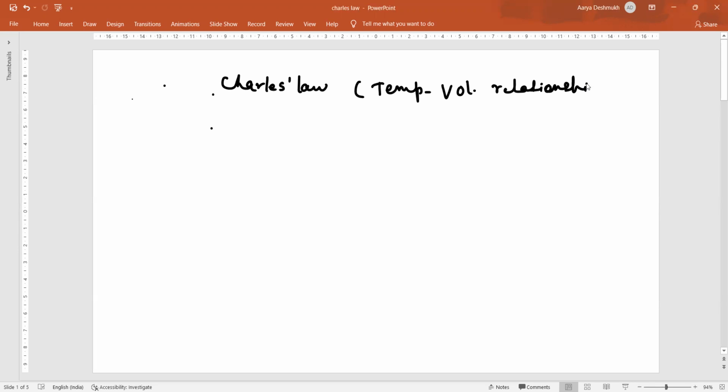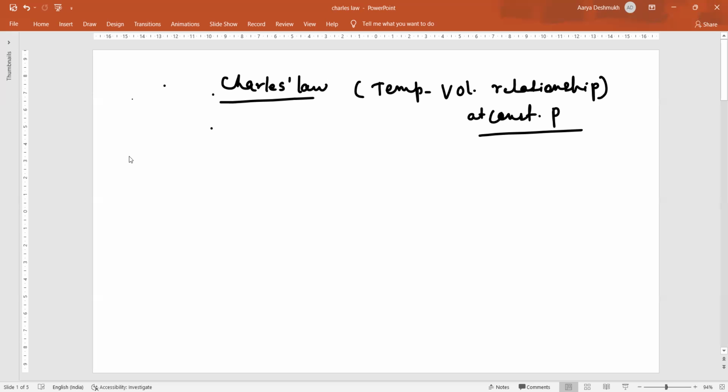Temperature volume relationship. Okay. Means Boyle's law happens at constant temperature, and Charles' law is at constant pressure. So always remember this. At constant pressure means Charles' law, and at constant temperature means it is related to Boyle's law. So here I'll write the same